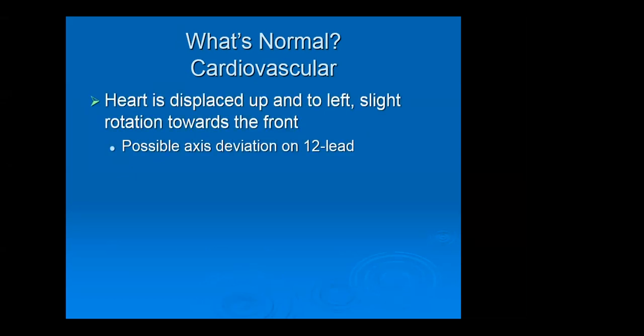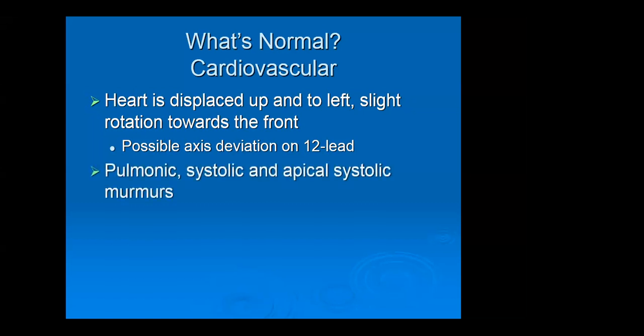The heart is also displaced up and to the left, with a slight rotation to the front, which could create a possible axis deviation on your 12 lead that you would detect. And also, thinking back to yesterday in the trauma patient, if we do a FAST exam and we're looking for fluid in and around the heart with that EFAST, then we may have to change our positioning a little bit there as well, as the heart has also changed